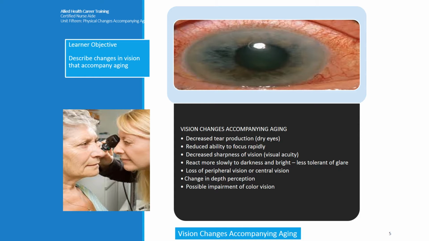So they may also have impairment of color vision. That's where it comes into play with them mismatching their clothes or not picking the right color for crafts. This can be really problematic, not necessarily for your people in the nursing home, but people that live at home that have these kind of color vision issues, because say they're trying to do a project or work on something in their home, or